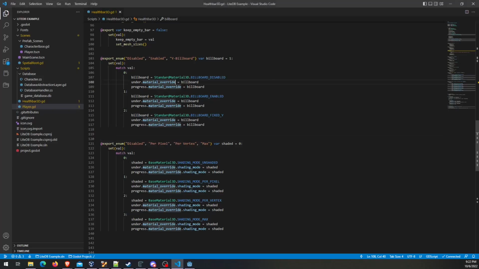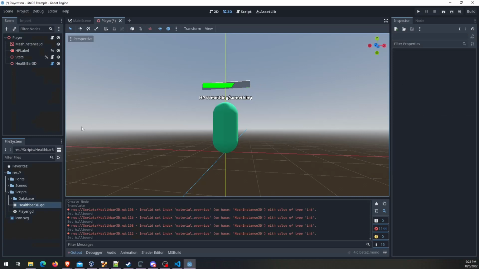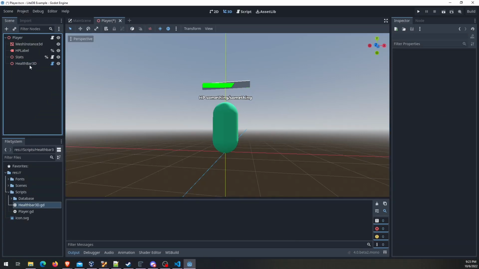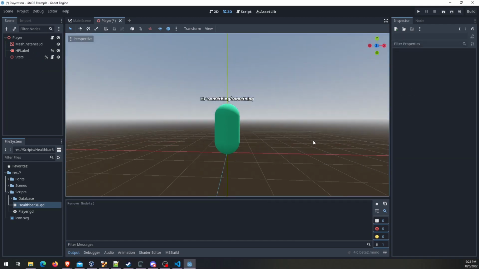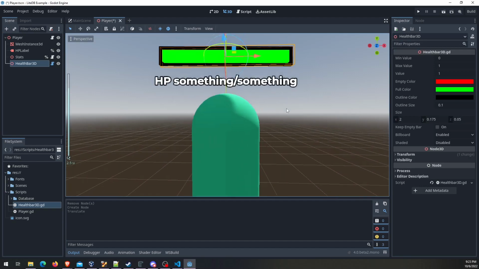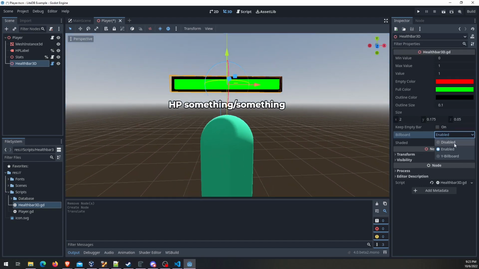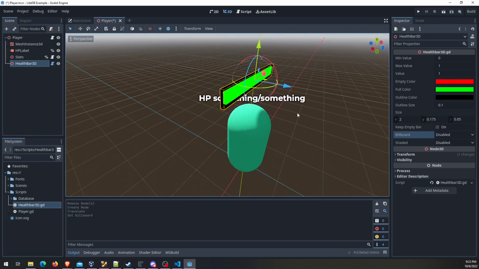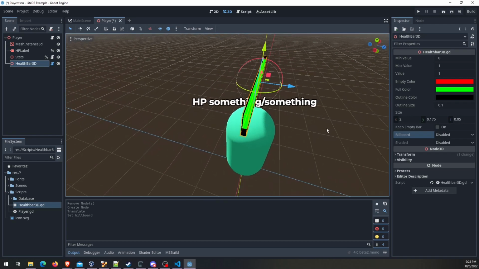So when you try to set billboard mode to material override, that doesn't work. It's material override billboard mode. There. Now everything will run perfectly. Once more. All right, so now I will disable this. Okay, that's better. So I'm going to disable billboard just so we can see what I was talking about before, where we have the overlapping